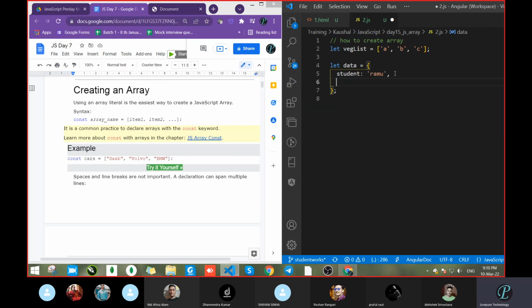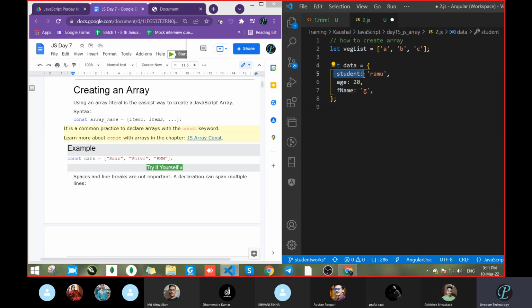Suppose here you are passing age colon 20. Then father name colon 60. No, you are telling father age. So father name G. Okay. So this becomes the collection of data itself, but the data having a name, means a key and value. So the key has the name. So how to access data of the object with the help of a key? Value with the help of key.